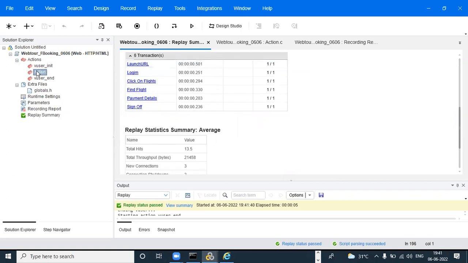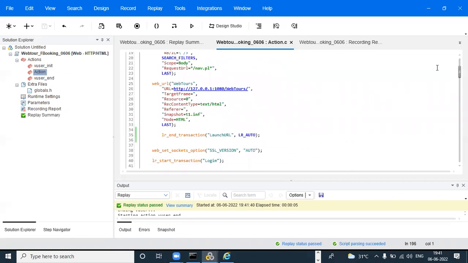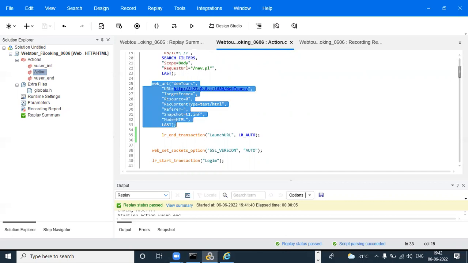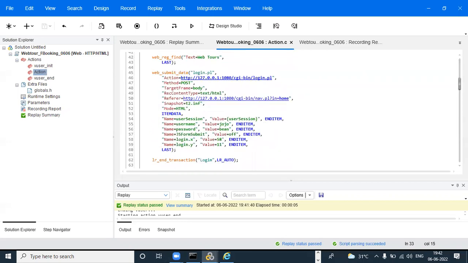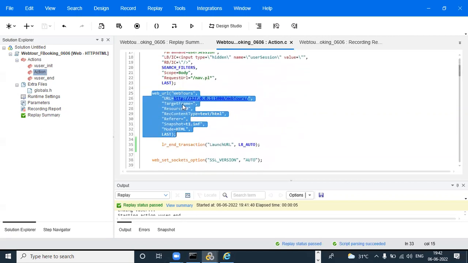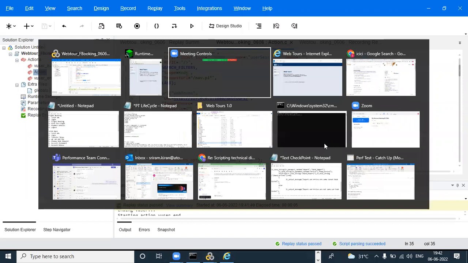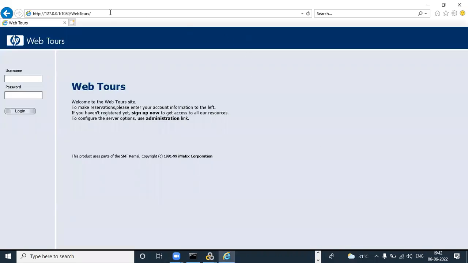So now we need to observe when it is generating the web URL and when it is generating the web submit data. Now you can observe this is the web URL. Which transaction? Launch transaction, launch URL. What are we doing in launch? We are clicking, entering, and after that what you are